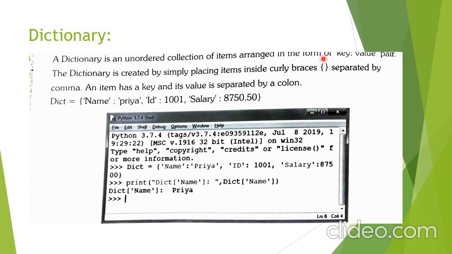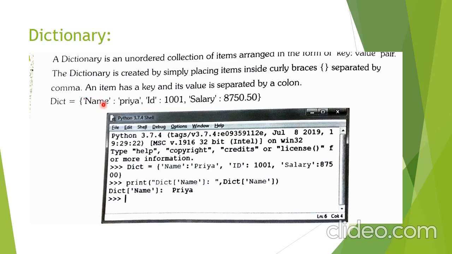Clear? And it is stored in the form of key and value. This is something new. It is mandatory to specify the key and value. A dictionary is created by simply placing items inside curly brackets. So in a dictionary we use curly brackets. Here I give some examples like name; if it is a string, then it must be written in quotation marks.